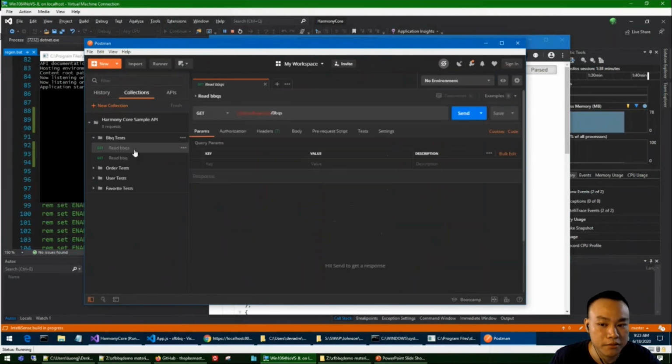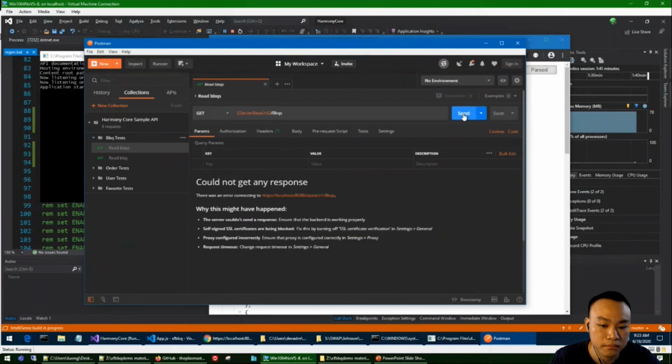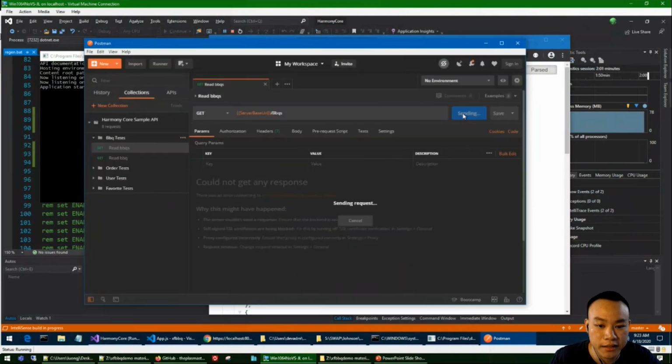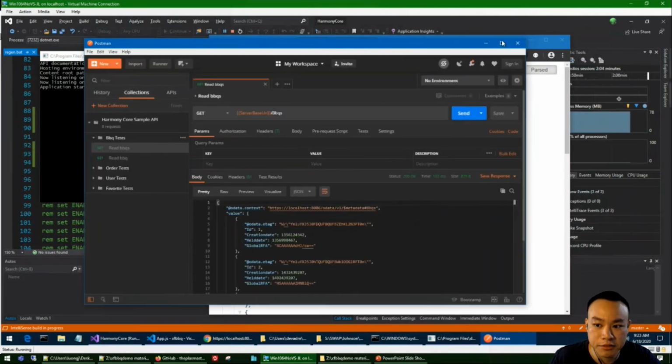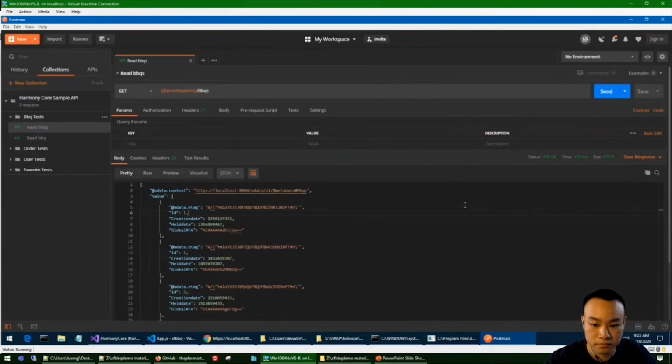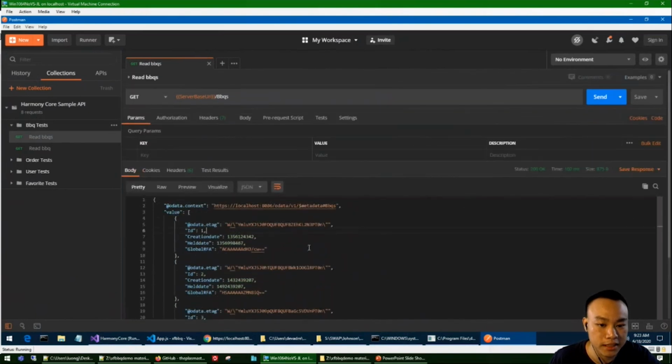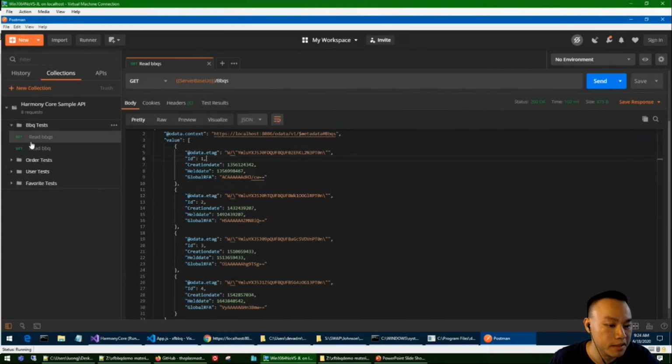And then let's try to read a barbecue. Can't get a response. That's because SSL has been turned on. We need to turn that off. So where did it go? Right here, SSL certificate validation. We need to turn that off. Go ahead and try it again. So now what you see is our data, but this time it's inside Postman. And you can see other things you could grab as well. For example, we could grab all the favorites.